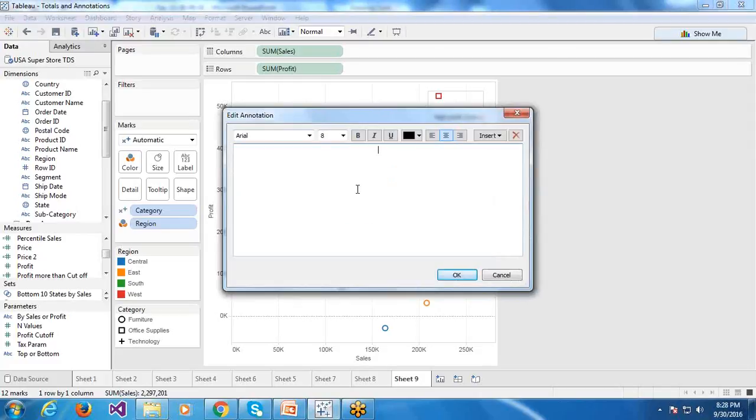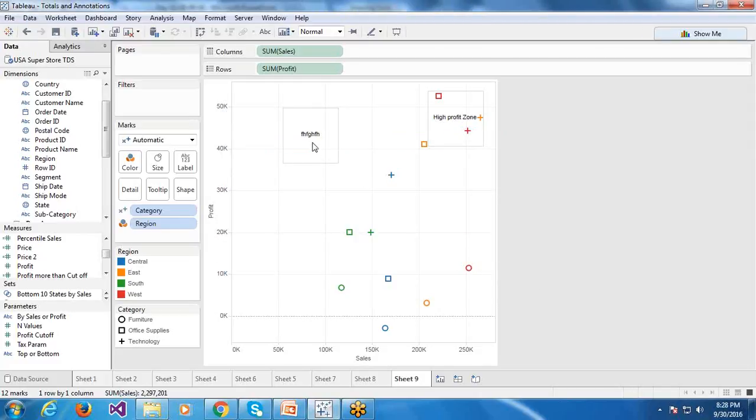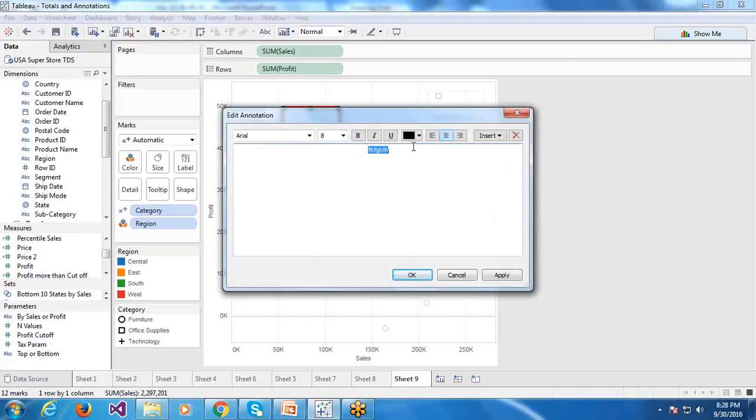So see, you can also put an annotation here, area annotation, where there are no marks at all. And you can put some comment, or you can use it for something else. You can make a note, a sticky note, something like this.